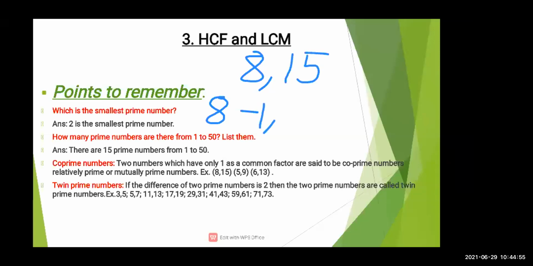Very nice. After 1, 8 और किस में आता है? 2 में. Very nice. After 1, 2. Next number. Very nice. Next after 4. Okay. Next. Very good. Next, उसका खुद का table, that is 8. Now we have done with 8. Now we will write the factors of 15.